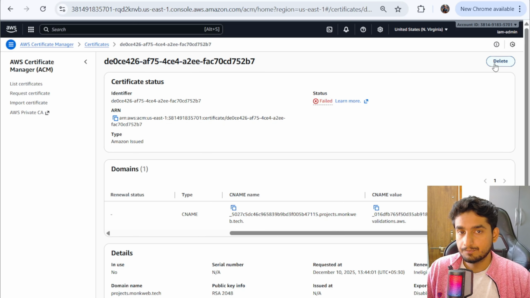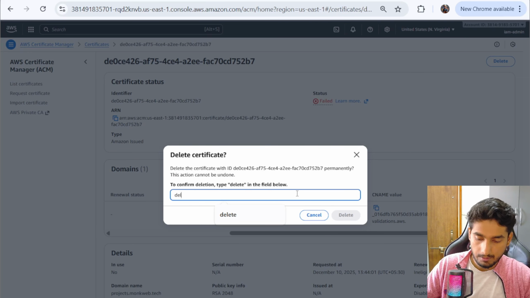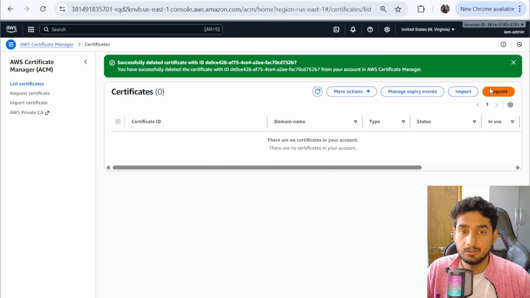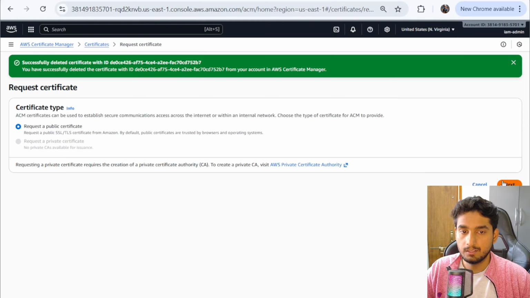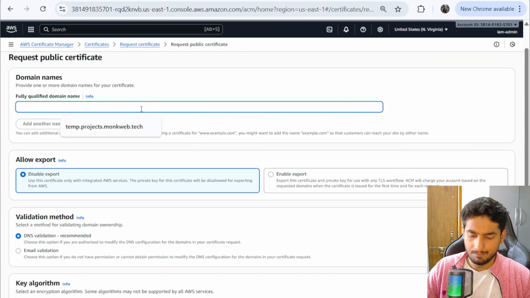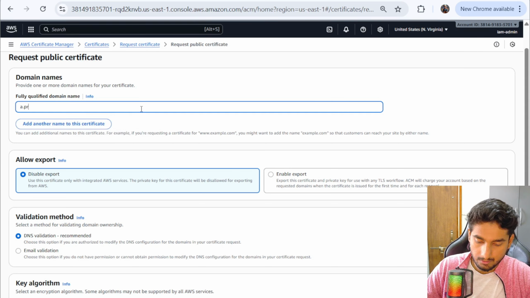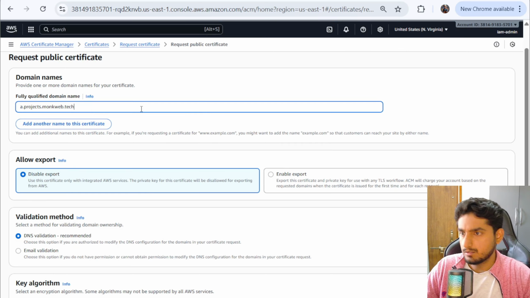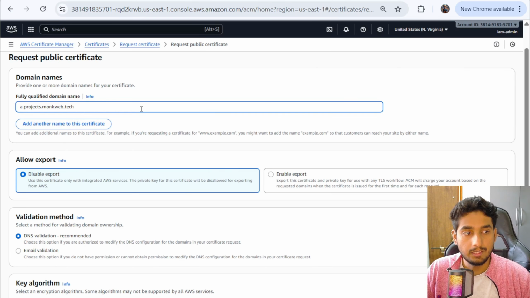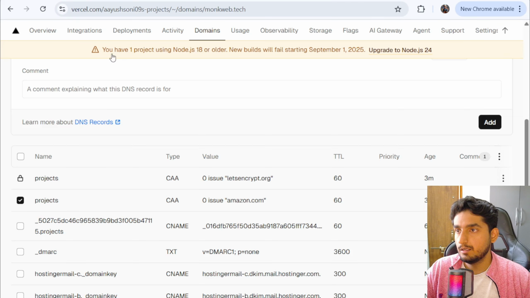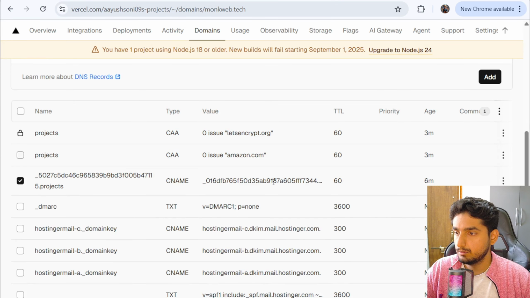So what we want to do is use a different subdomain so that it generates another new request. Okay, it will give you a new CNAME and new value. So let's say, for example, if we use a.projects.monkweb.tech, or you can just use temp dot or anything so that you get a different value. Okay, so a.projects.monkweb.tech. All right, let's request a certificate, and in the meantime let's just delete the older one,